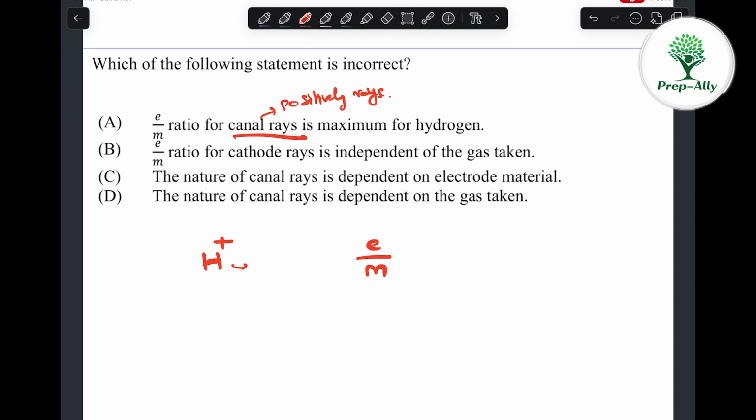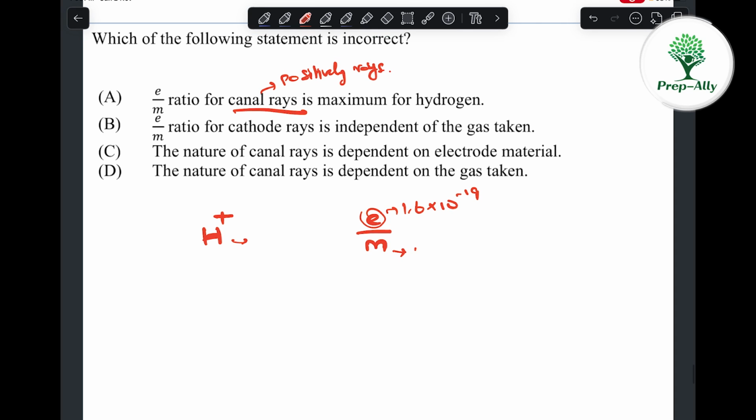You have a E by M ratio of a proton. E is going to be 1.6 into 10 power minus 19 and M is going to be mass of this hydrogen, right? Like not hydrogen, proton. So I can write MP. If I take helium ion, it is going to produce helium 2 plus ion where you have mass of 4U. Here it is 1U, here it is 4U, which will